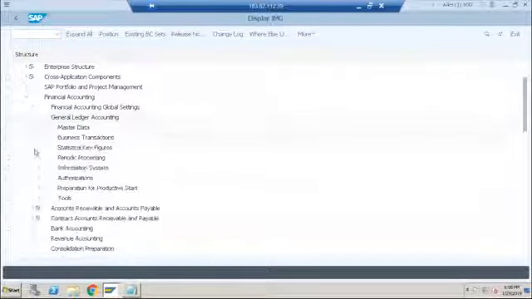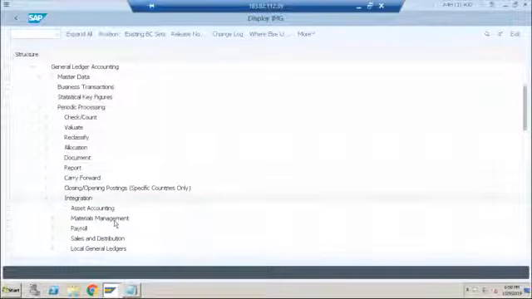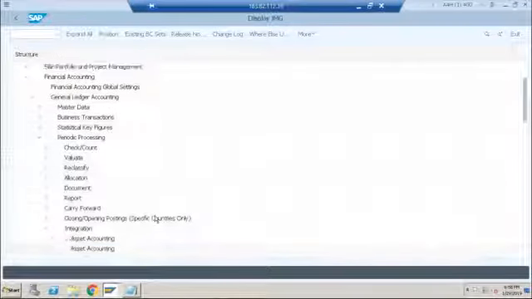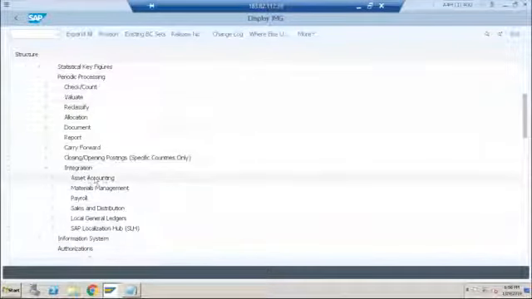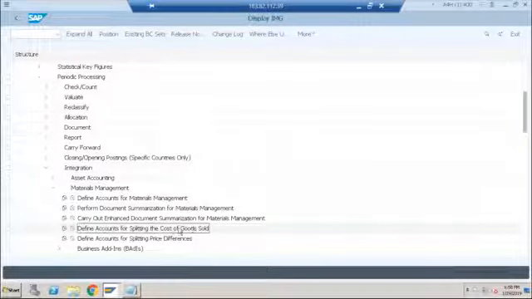General Ledger Accounting, Periodic Processing, Integration. In integration you have different types of integrations: asset accounting, materials management, sales and distribution. Let's go to materials management. Here there is Define Accounts for Splitting of COGS. This particular configuration you will not find in SAP ECC.